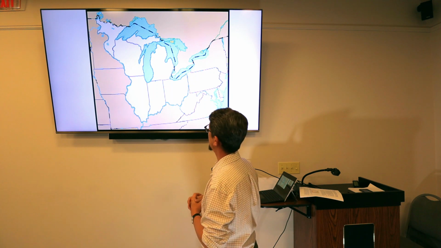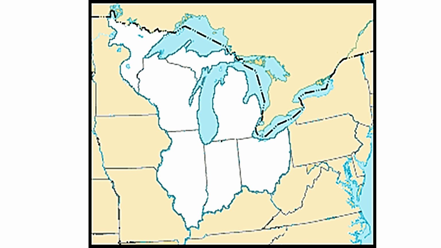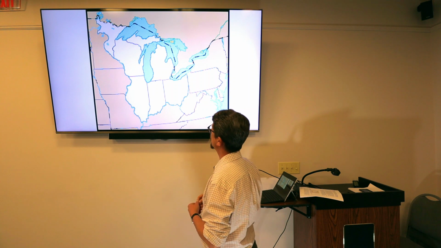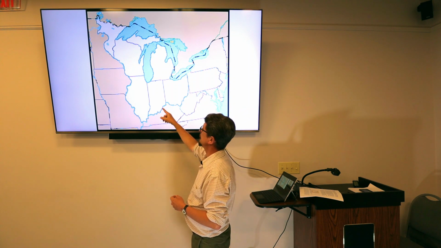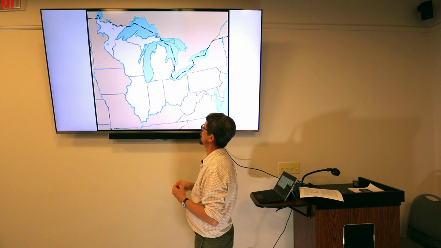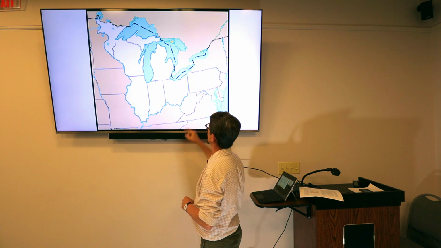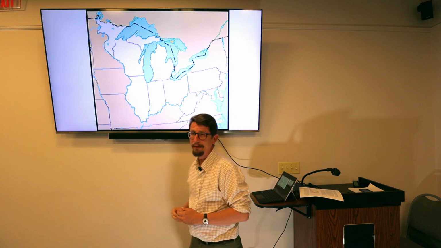As you can see, they created out of this the modern states of Ohio, Indiana, Illinois, Wisconsin, and Michigan. There was some property left over, and they gave it to Minnesota later on. The first state to be formed out of this was Ohio, and then the second state to be formed was Indiana. Ohio started off with the Ohio Company settlement, which was in this little part of southeastern Ohio. It was primarily settled by New Englanders.